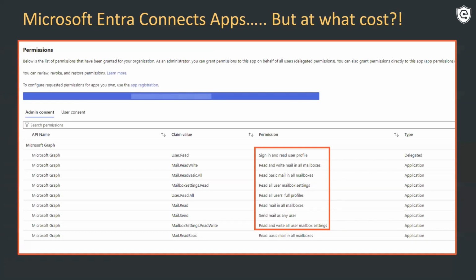Once again, Bob in accounting could have added this app to your tenant, and now this app has the ability to read all user mailboxes and send mail as any user, right? For 5,000 Dogecoin, or what, $566, even an inside attacker could have been fooled into registering this app, which gives the owner of this app pretty much unfettered access to parts of the tenant.